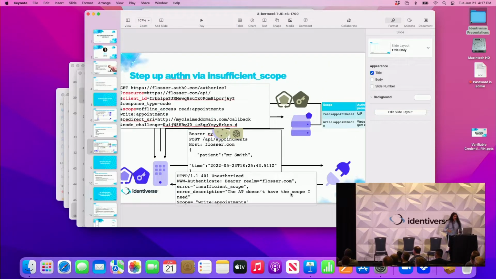OK. So you can barely see it probably, but if you want to believe me, what's happening here is that we are sending back an error, which is defined by the Bearer token usage standard, in which we are declaring that the error we are experiencing is insufficient scope. You are using a token that doesn't have enough scope. And we are actually specifying the scope we need. Here we are saying you need to show up with write.appointment. Otherwise, don't bother.